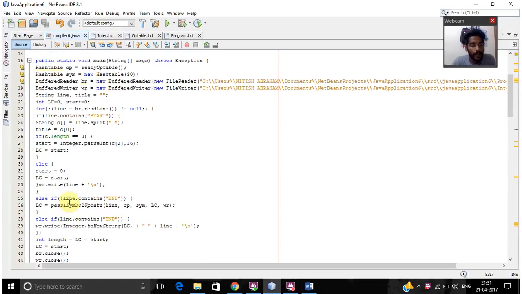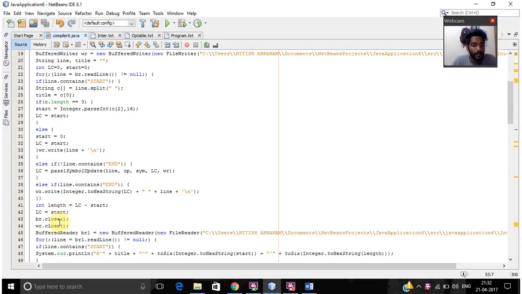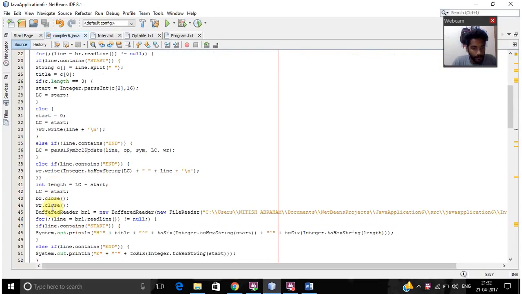Else if the line does not contain end, we do a simple update of lc. And else if the line contains end, in the input buffer of the buffered reader, we write it and convert it into a hexa string, and next